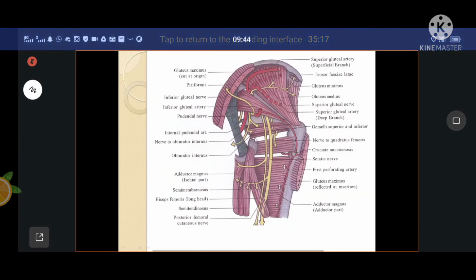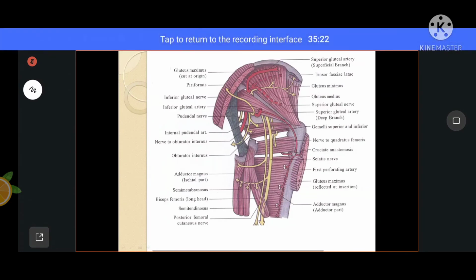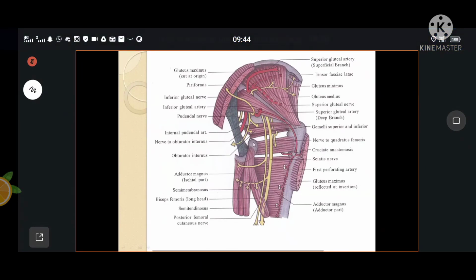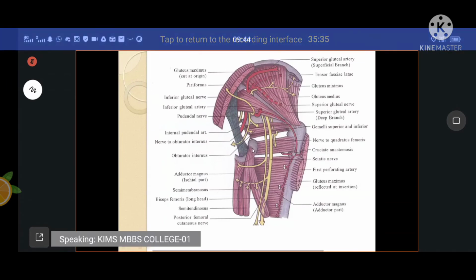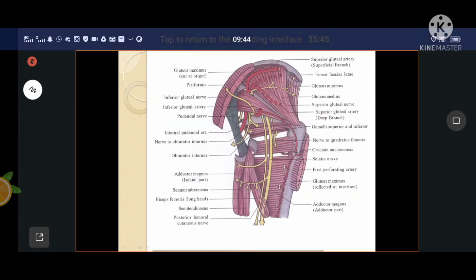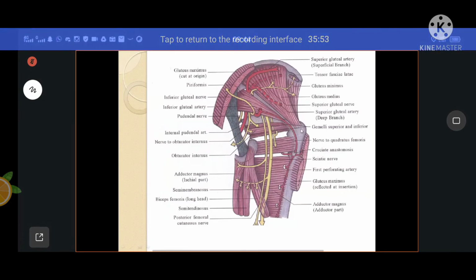And along with that, under the cover of the gluteus maximus, you see the ischial tuberosity. So the ischial tuberosity is also below the gluteus maximus muscle. In the next class you will be studying the hamstring muscles, and you will see that the origin of the hamstring muscles is from the ischial tuberosity. And along with that, the greater trochanter of the femur is also under the cover of what?